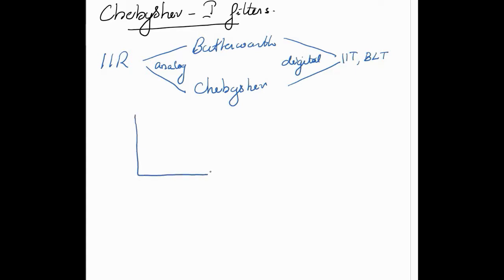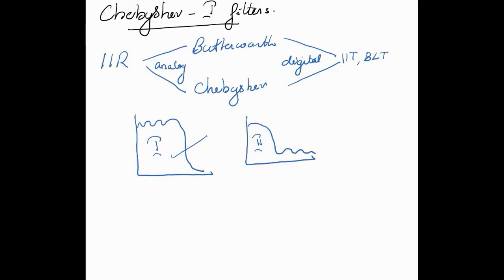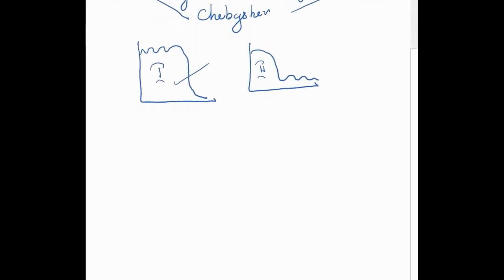The filter or the frequency response that has passband ripple, if ripples are present in the passband of the response, it is called type 1. And if the filter has ripples in the stop band, it is called type 2 filters. So we are dealing with type 1 filter, so we have ripples in the passband. Okay, so we can understand this with the help of an example, with the help of a question.